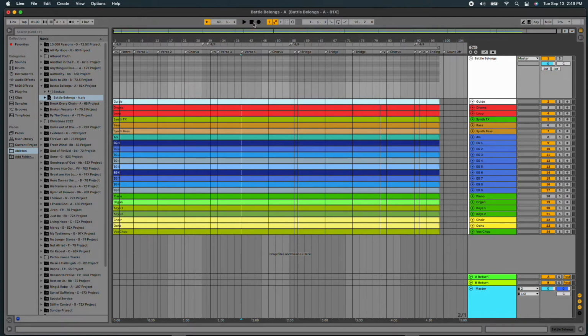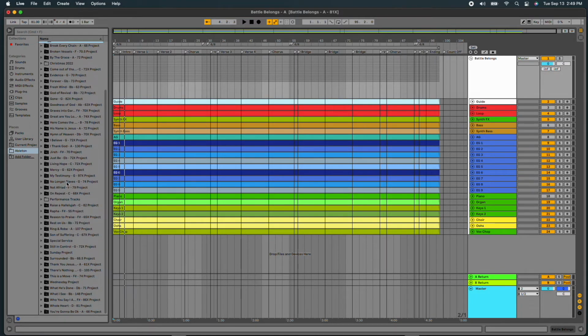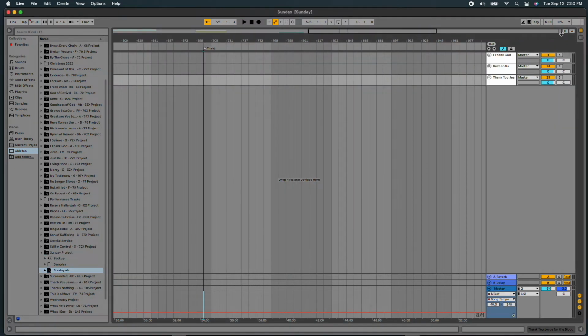And so if we were to start this track, like I said, there are 23 in here, and you can see there is not very much CPU usage happening even with 23 tracks. We have some that have like 40 tracks in them, and it's the same way. It gets up to like 4 or 5, something like that. So we can take multiple of these and build them into our Sunday or Wednesday services. So I already have a Sunday project that I have here. We're going to